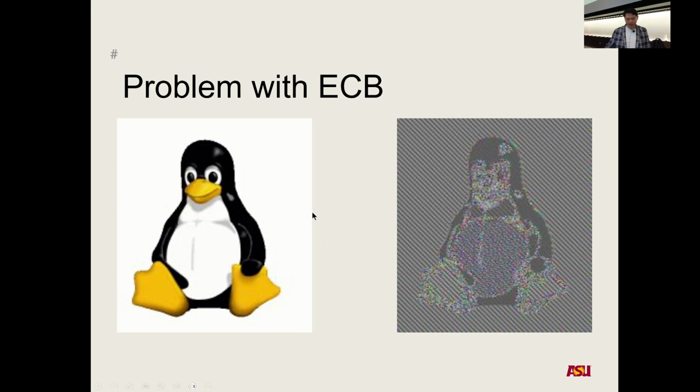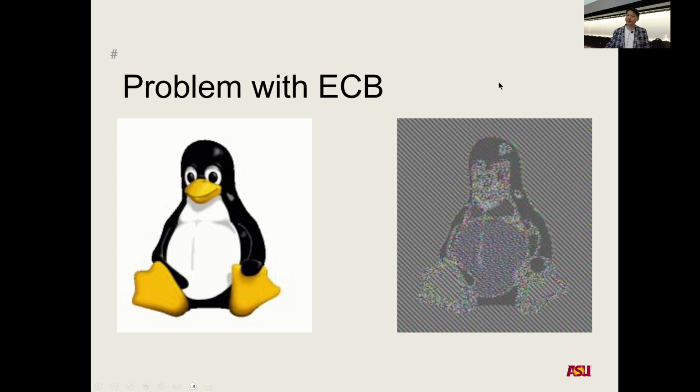So we cannot get the exact same images, but we can get some overall images. So what is this? Okay, so that's the